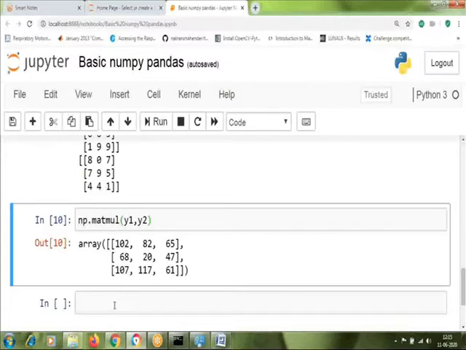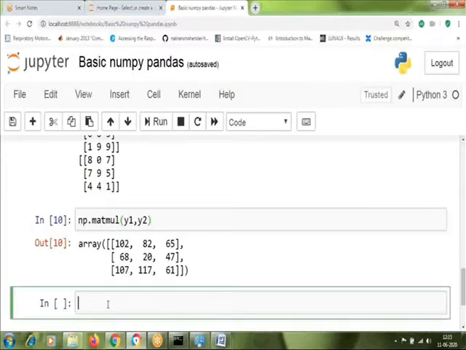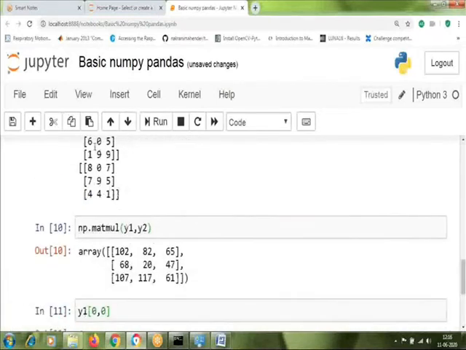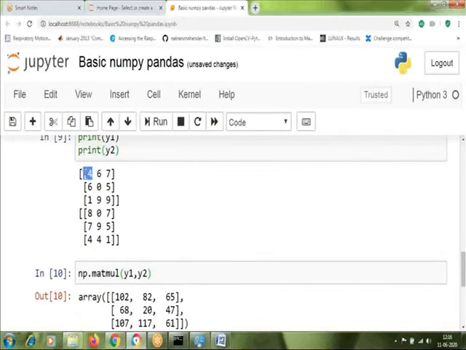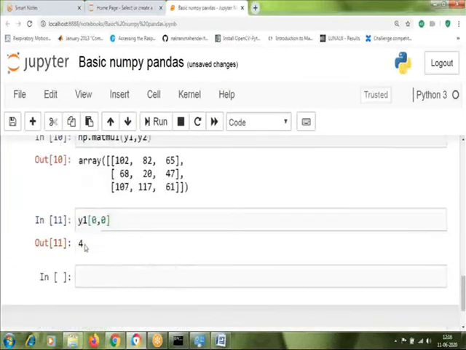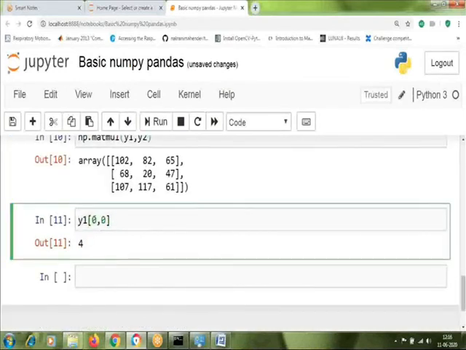Now we have y1 and y2 as 3 by 3 matrices. I'm just going to show you how it can be done. If you want the row 0 and column 0 value from y1, just give 0 comma 0 and press enter. The first element from y1 will be printed out. This way you can get each element by indexing.